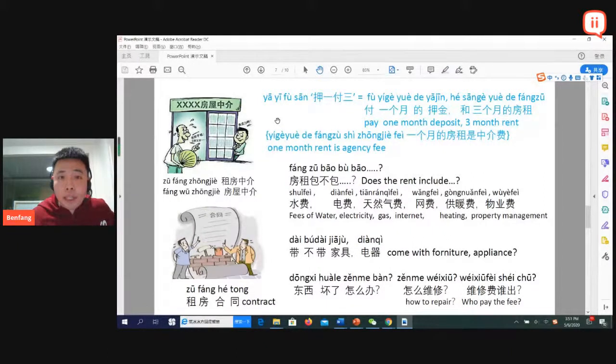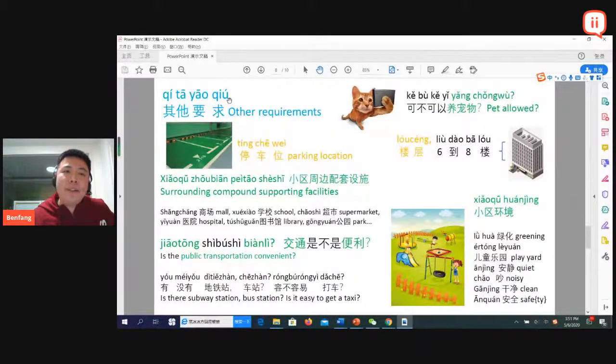Make sure when you are about to rent a house, you have 4 months' rent. 你租房子的时候，你应该有4个月的房租，否则很难租房子. Otherwise, it's difficult to rent a house. 好的，还有别的要求，其他要求. Here